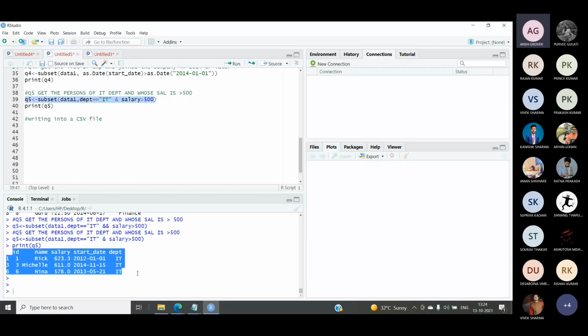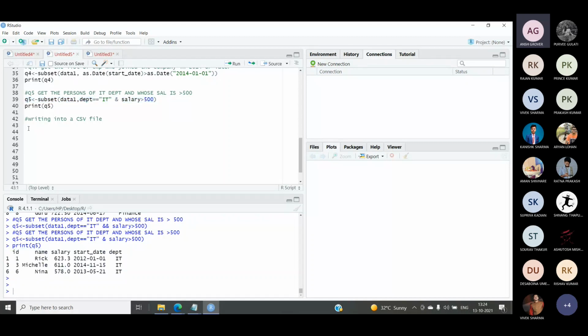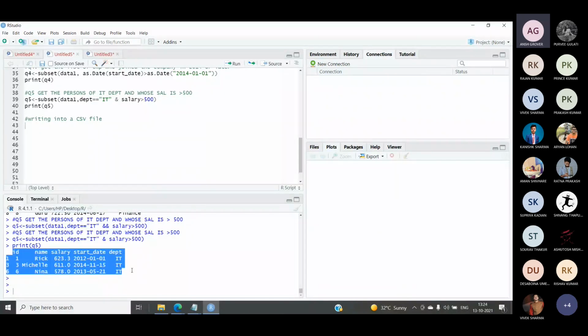Suppose we have created this as a view, and we want to return these values as a CSV file, which can be used for some other purpose, like somewhere else where we can't use this data frame, because data frames are used for our purpose. Now let us think, we want this output as a CSV file for some other purpose. So it means we have to write this into a CSV file.